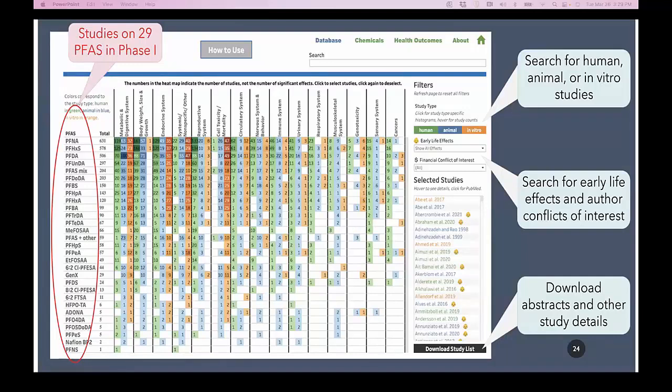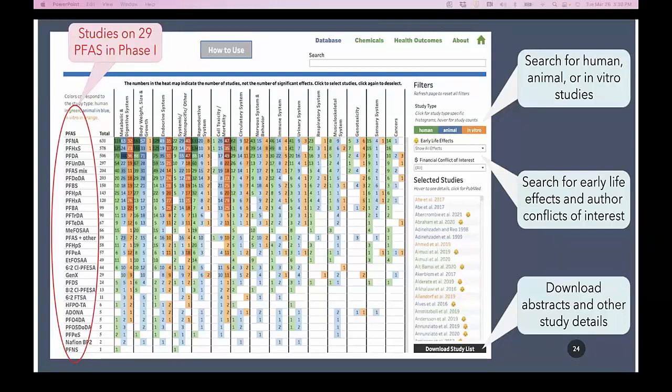But I will say that we have since decided to add legacy PFAS from Melissa's talk on PFOA and PFOS that are considered older generation legacy PFAS, but are highly persistent in the environment. We've decided to add those, and that update should be available by the end of June of this year.